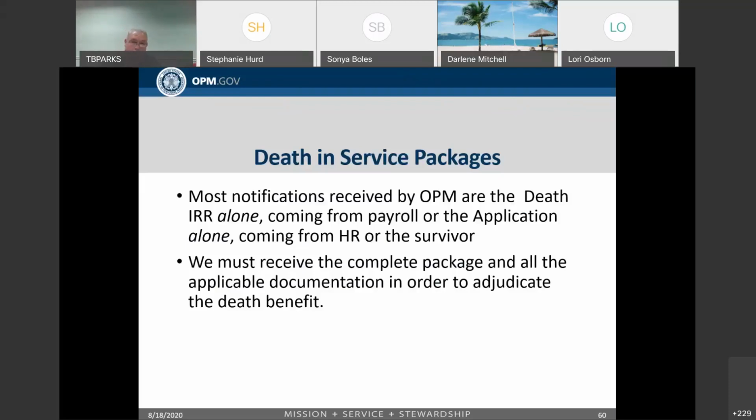Okay. And one of the big things that we've found that does happen, one of the consequences, is the health benefits do terminate, because that takes longer. We have one part of it, but we don't have the other part. We can't take any action until we have everything. And in the meanwhile, the health insurance company has been notified that that individual has died, and so they terminate the health insurance. And that puts more stress on those survivors too. So, you know, ideally, we don't want to see that happen.